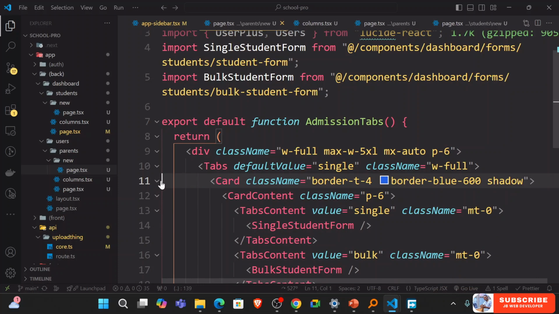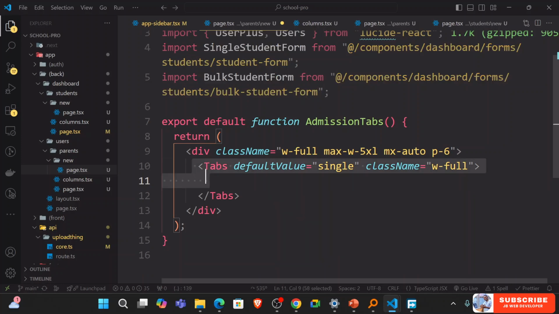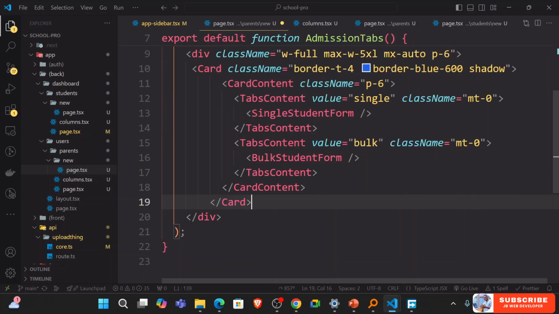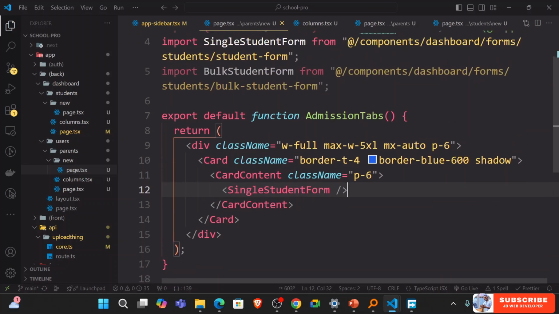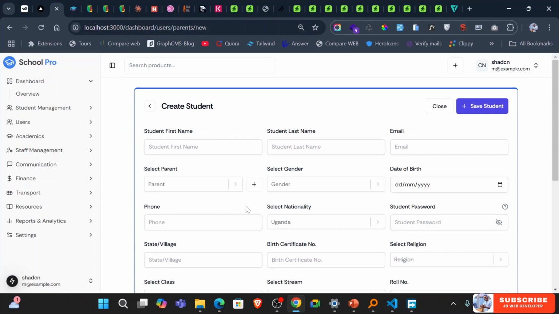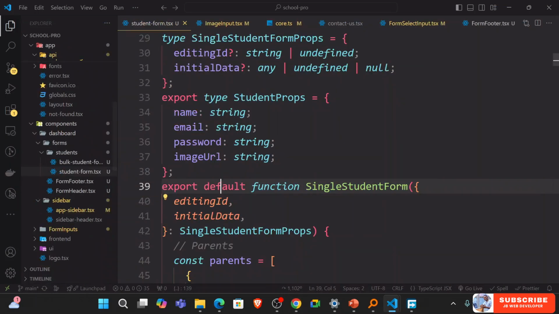Okay, I need the card, so I'm just going to go get the card. I'm just going to add it in here. So even this one I don't want, I'm just going to go and do this. Okay, so making things constant, you can see here we have parents and it has this thing. So I'm not sure, just going to come here and